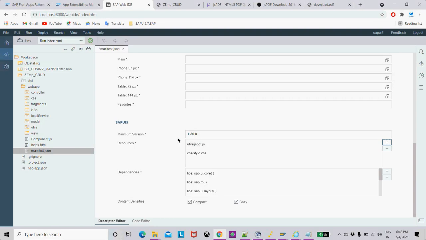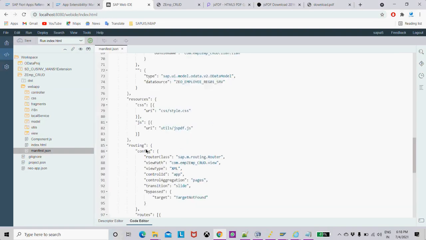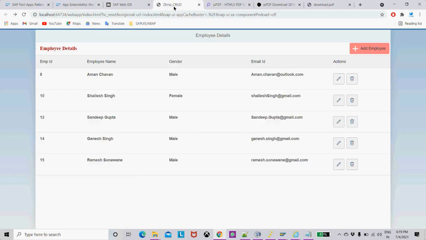Once it is done, you can see the path has been added. I'll click on save because the file is getting updated. Automatically this path is defined, and inside that you can see the URI utils jspdf. Next, if I want to call jsPDF, for that